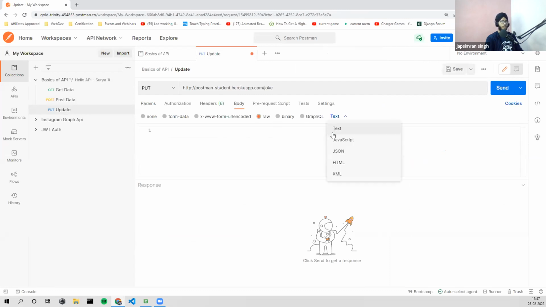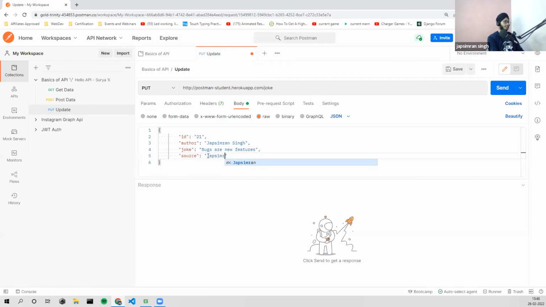It's raw and JSON data. Let's make it 21 only. Author. No, I'm the author. Don't tell anyone. Bugs are new features. Okay. Let's take the complete credit here.